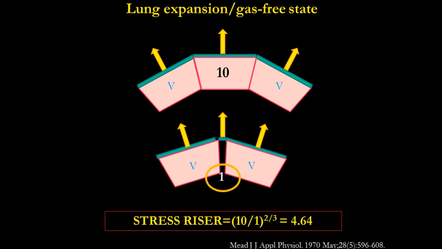In a simpler way, let's say I have a weight of 1 kilo suspended by 3 cords. Each cord takes 1/3 of the kilo, 333 grams. Now I cut 1 cord. The weight is always the same, and the weight is, as a first approximation, the transpulmonary pressure. But the 2 cords have to support 1/2 kilo each. That means the force locally has been multiplied.